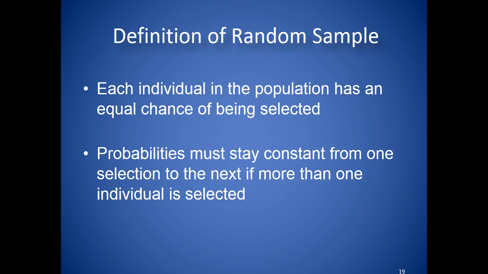But before I do that, let me talk to you about random sampling. A random sample simply means that each individual in the population has an equal chance of being selected. It is a very different concept from random assignment. Random assignment is when there's an equal chance to be selected within the specific parameters or features